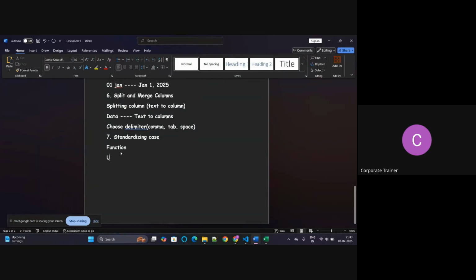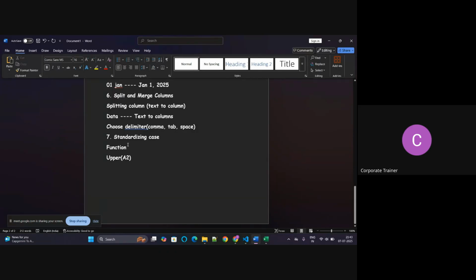If you are doing UPPER and you write A2, it's all in caps. It gives all the caps. If you go to LOWER and A2, it gives all lowercase. And if you write PROPER, that means it gives the first letter capitalized, and using this you can do anything